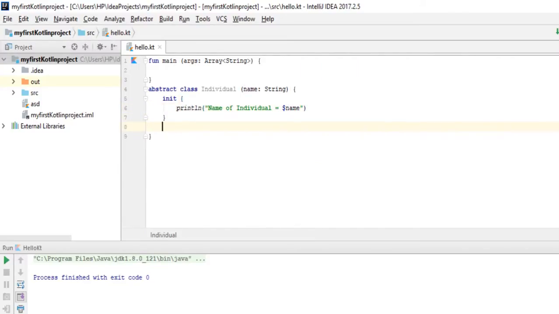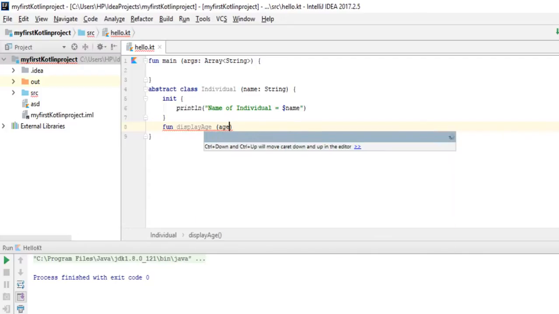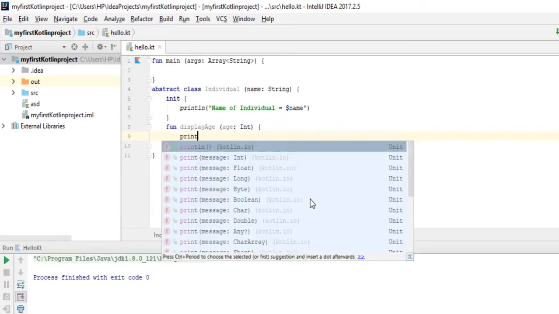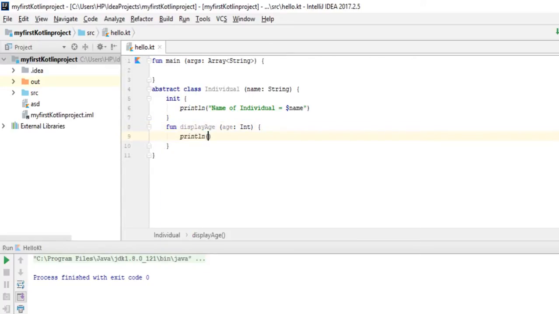Now after this init block, I'm going to create two member functions. The first function is displayAge, which will display the age of the individual, and inside the parameters we will have an argument age, and then the body of the function. Inside I use a println statement to print the age of the individual equals